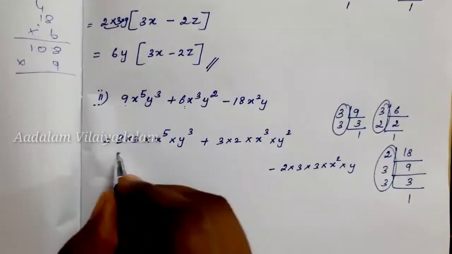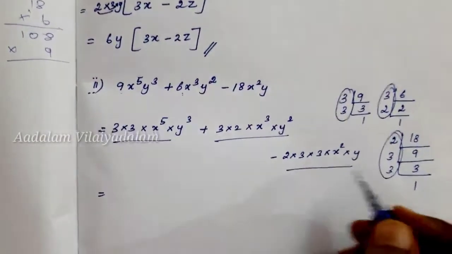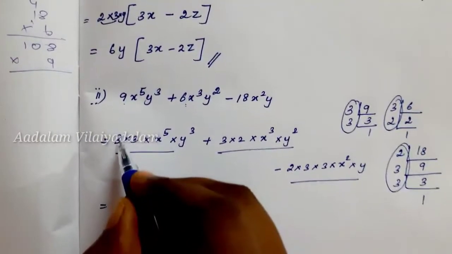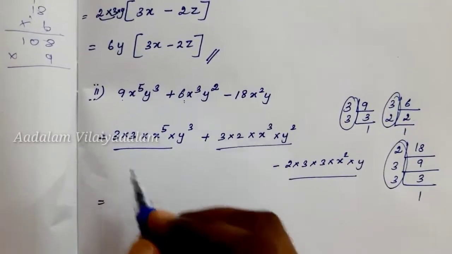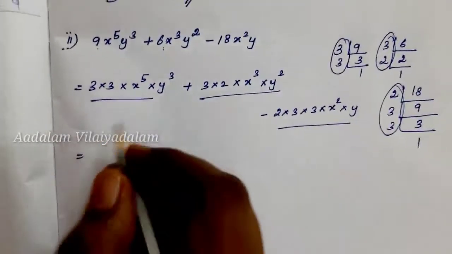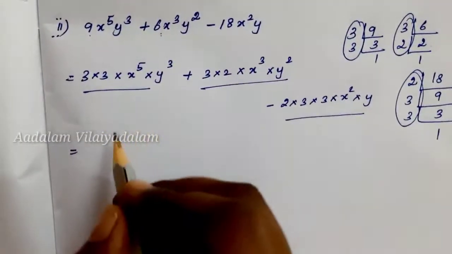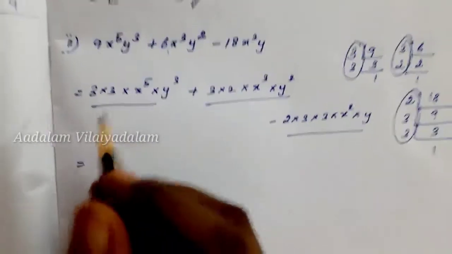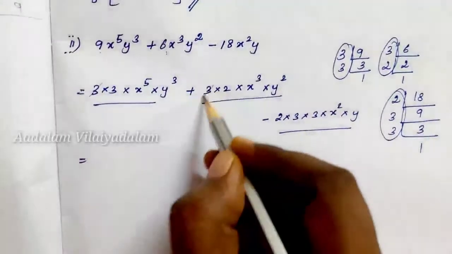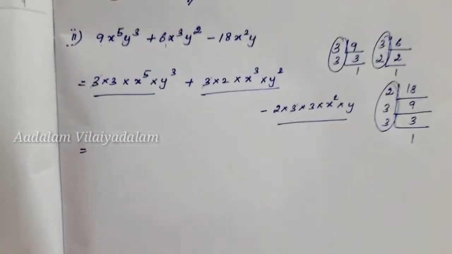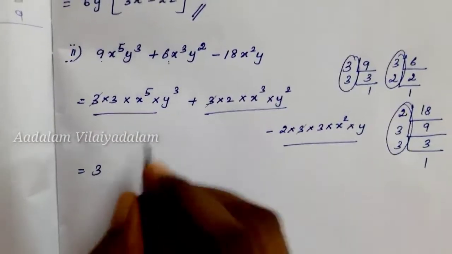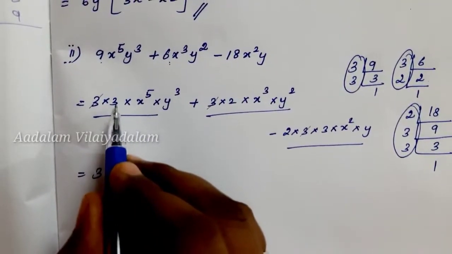Now just compare these 3 terms. Let's take out the common factor. Okay, so I am going to cancel the factors which have been taken out. But you don't do this in your classwork or in your exam. For your understanding, I am just cancelling this. That is 3, 3, 3. So 3 has been taken out. Then what else? There is one more 3.